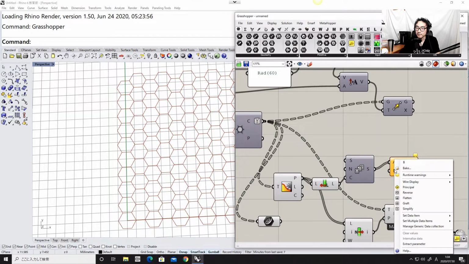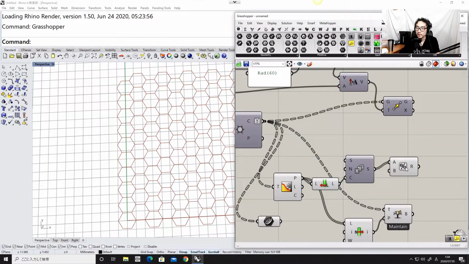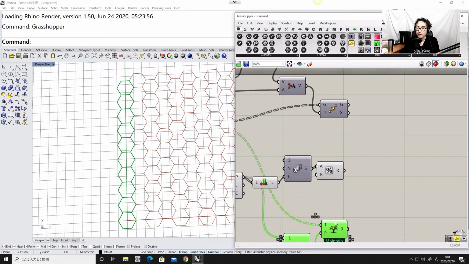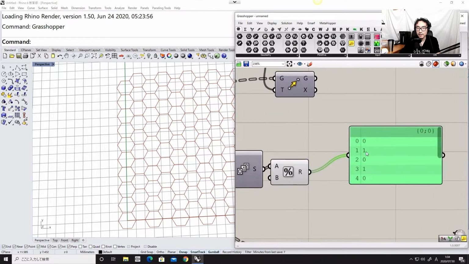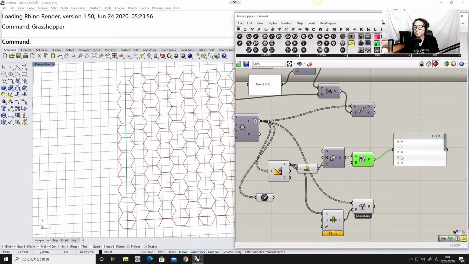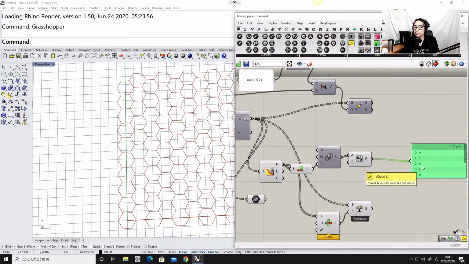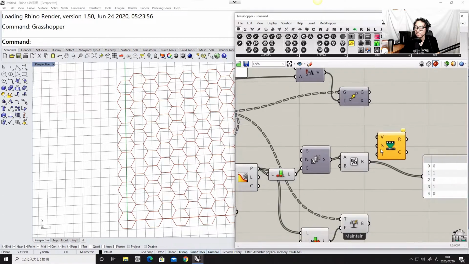And then calculate modulus with 2 so that you can create 0, 1, 0, 1 numbers like these. And if it's 0, I would like to move those points downward. If it's 1, I would like to move those points on the right side upward, and vice versa for the left one. Alright, so let's convert this 0, 1 to -1 to 1. So I'm just going to use the remap number,